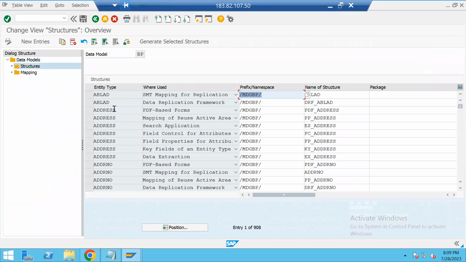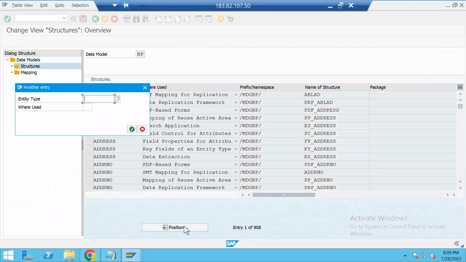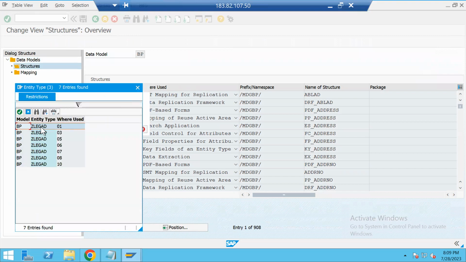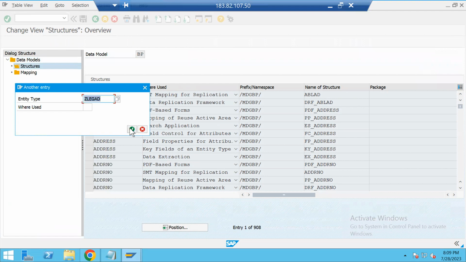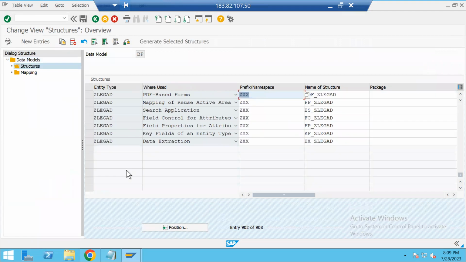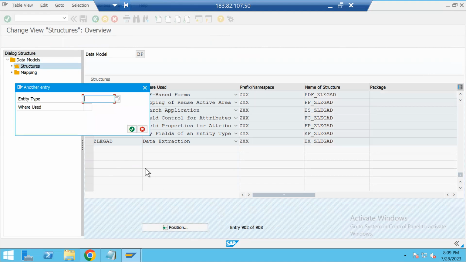Here, whatever our custom entity name is, just select it. If you remember, for each entity we generate multiple structures. For example, if you look into the